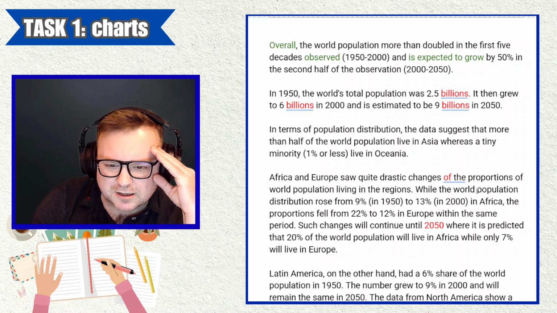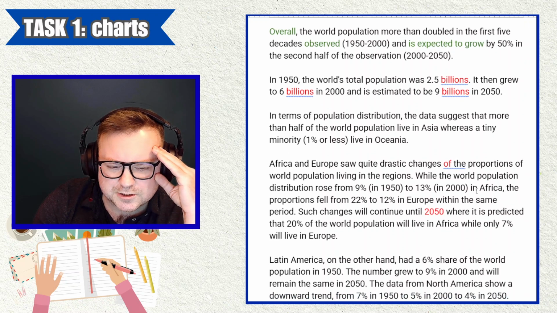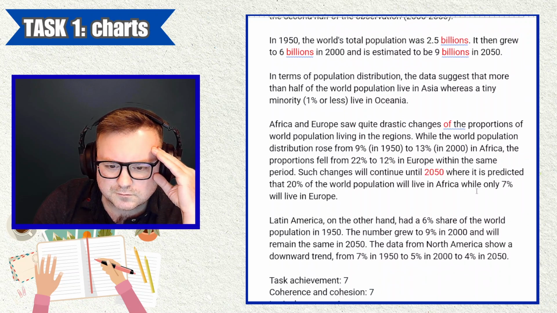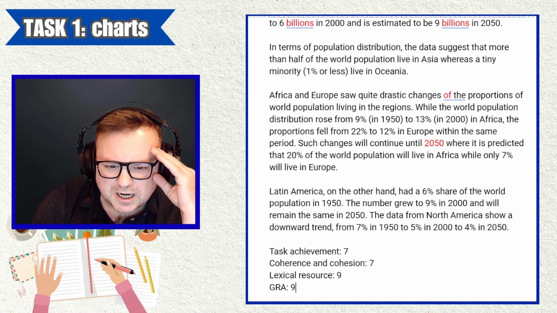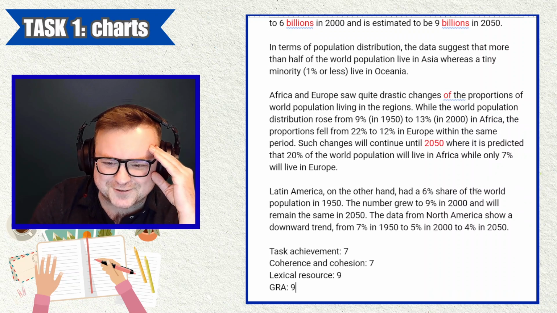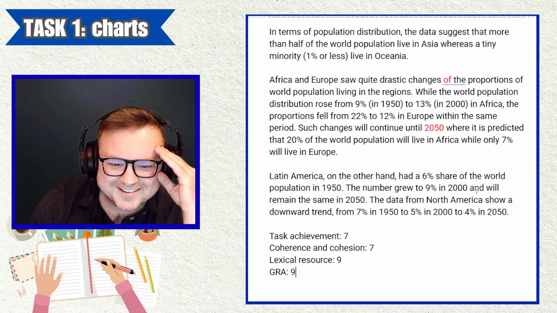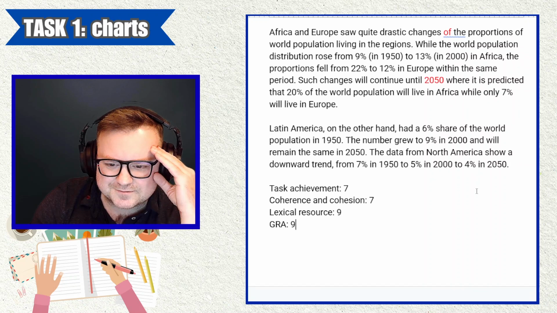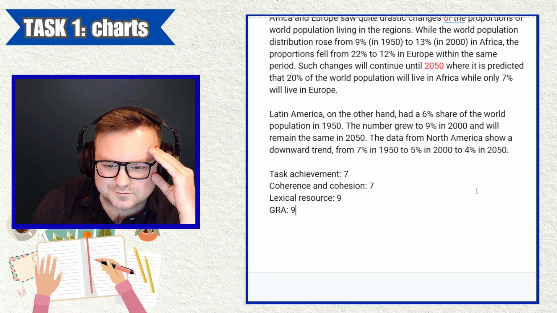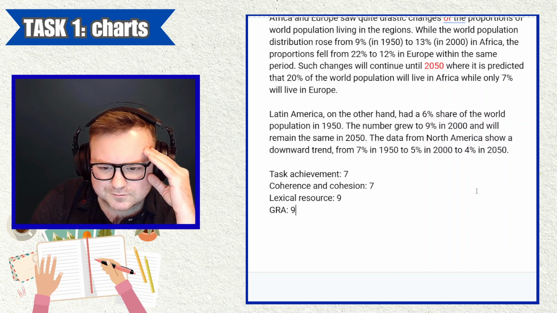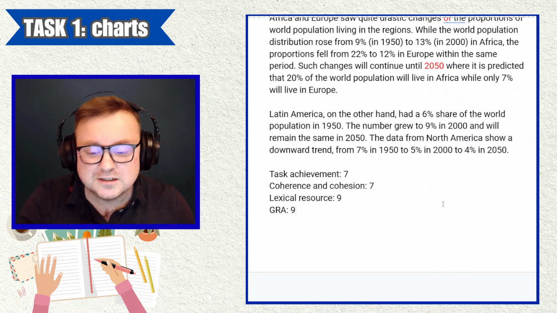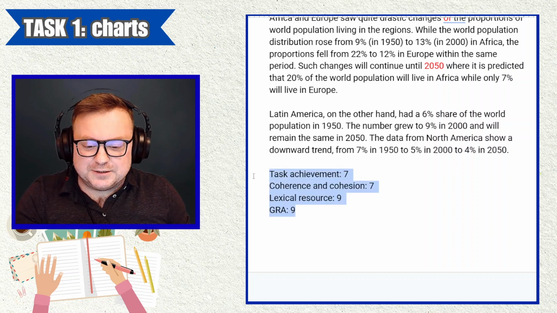Let's just read it again. More than doubled, great. I don't like giving 9s. I don't know if it's obvious. Yeah, I can't. I have to give a 9. So